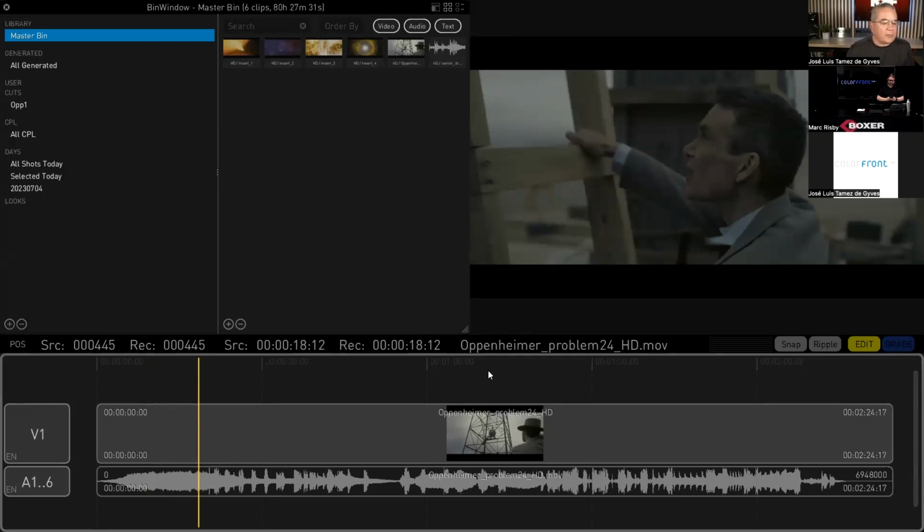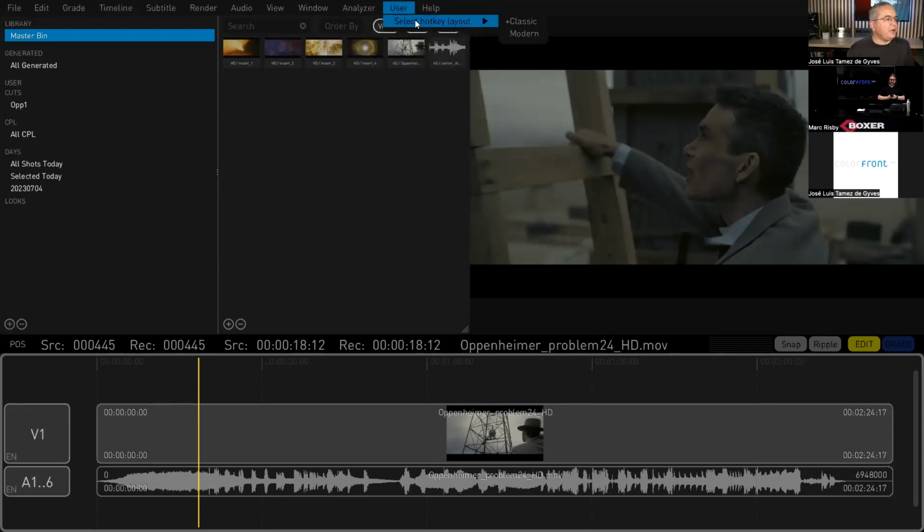So in regards to the interface, we now have the ability to use custom shortcuts. A lot of people say, I know by memory all my Avid shortcuts, or all my Premiere or Resolve or whatever, and I want to map those shortcuts. So now we're able to use custom shortcuts if we want. For now, you have to use the